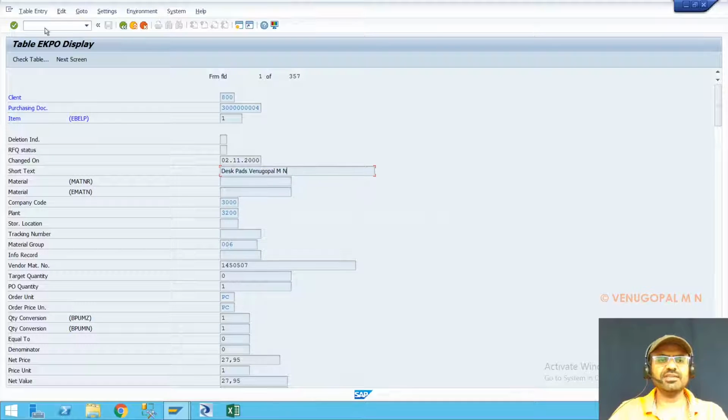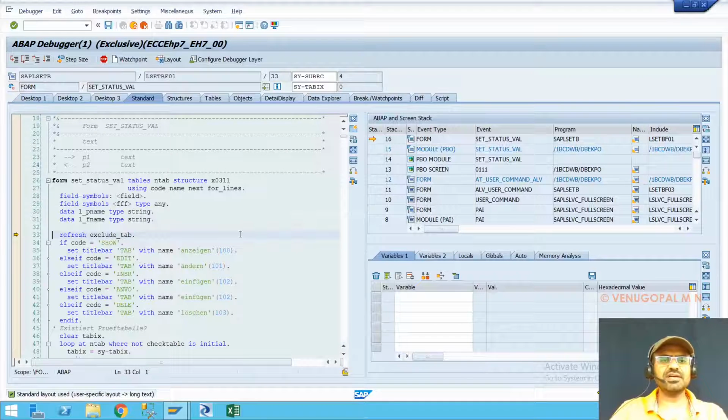In order to edit that, you go to the window where you are going to enter your transaction code. You have to type /h, forward slash h. All you have to do after typing forward slash h is press enter. Once you press enter, you can see over here debugging switched on, meaning the debugger has switched on. Now again, you don't have to do anything. Press enter one more time. You see the SAP standard debugger has opened and the debugger is pointing to line number 33.